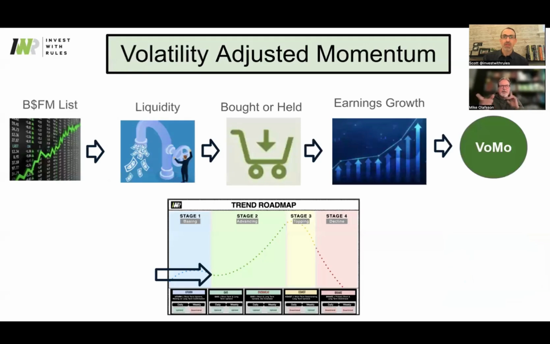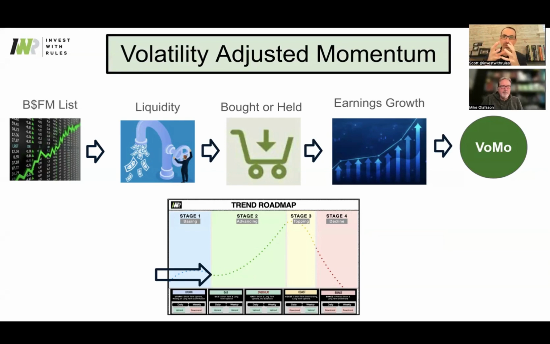Scott, did that make sense, or anything you want to add to that? No, it makes a ton of sense. So we kind of got to the line. We have the big funnel list. We strip out some of these micro cap companies, think hypothetically like a $100 million company, that huge funds, maybe one fund can get in, but most funds really can't get in and out quickly with capital. So we have this little tiny squeeze to get out companies that are super small. We want the stock that the funds are buying.